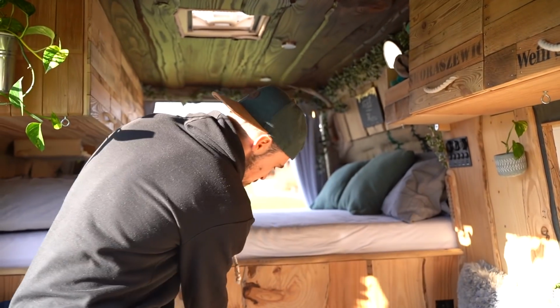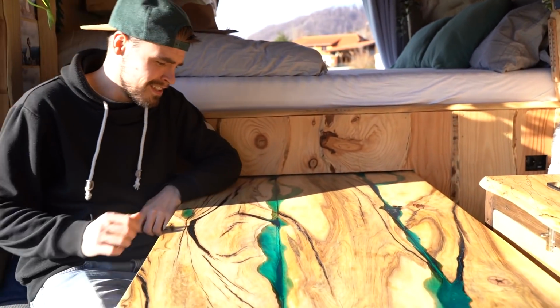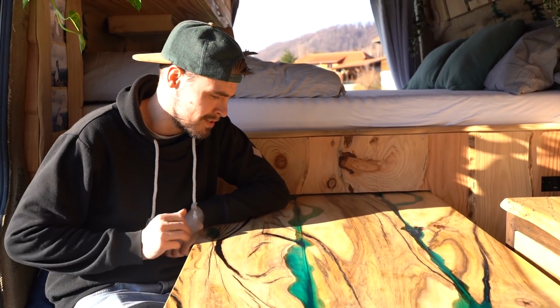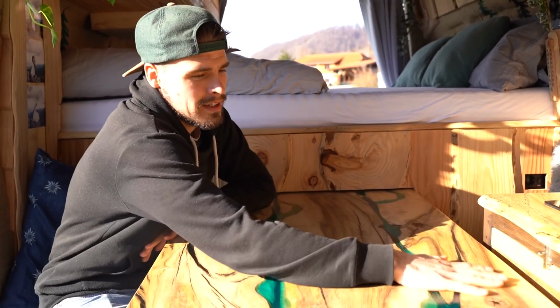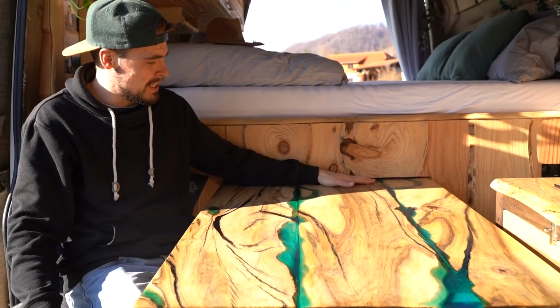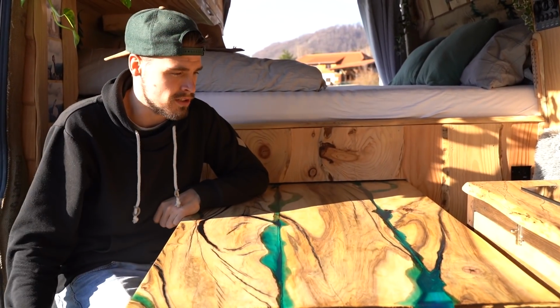About our big table, yeah, it's my first try with epoxy resin, and yeah, it turned out pretty good. I made a few beginner mistakes, so we have some cracks here, but probably I'm the only one who sees them. Now it's really nice, and you can sit with 4 people here, 1, 2, 3, and put another chair there